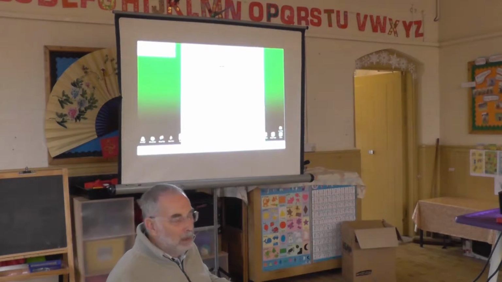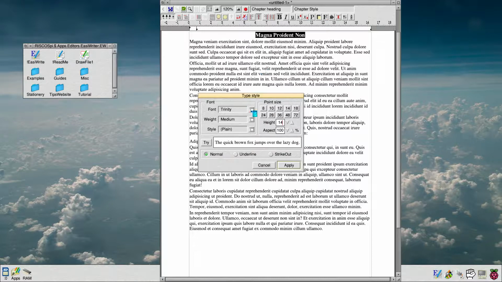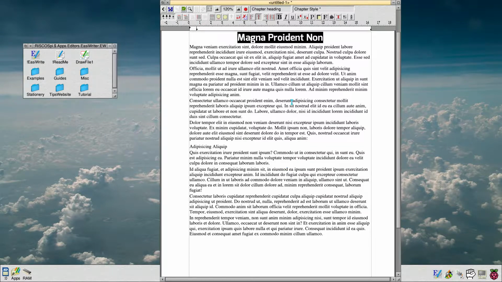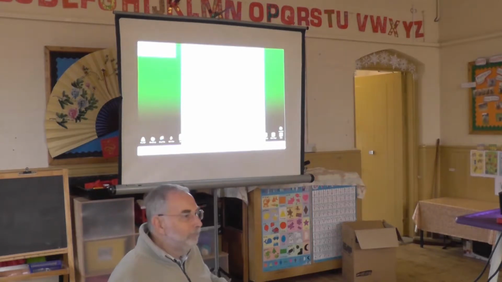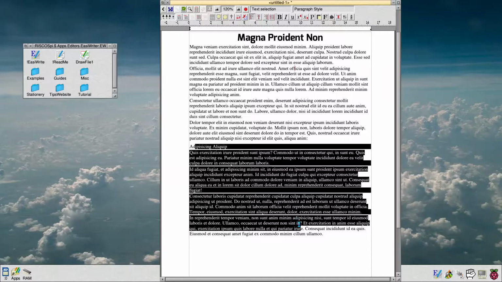If I click on the font icon, I can change it to almost any of the fonts that I've got in here. So if I want to make it really ugly and apply interact, and perhaps even change the size, you can do whatever you like. I'll come back to that in a moment. If I create the remainder of the document,